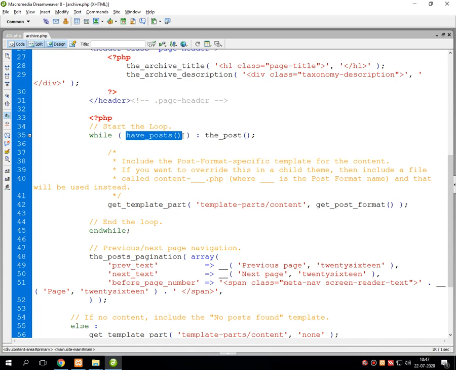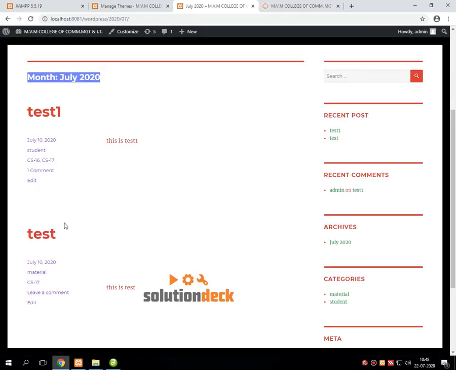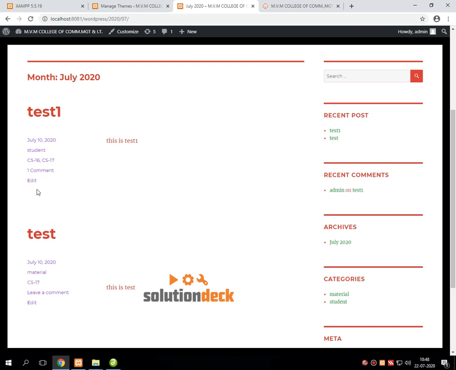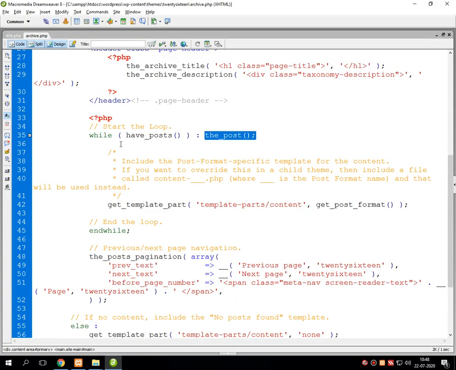If posts exist, this particular loop repeats for all the posts which are created by the user, and all those posts will be displayed over here. So you can see that the first, latest post is test1 and the oldest post is test. So these two posts, or you can say multiple posts, are there. These multiple posts can be displayed using this value.